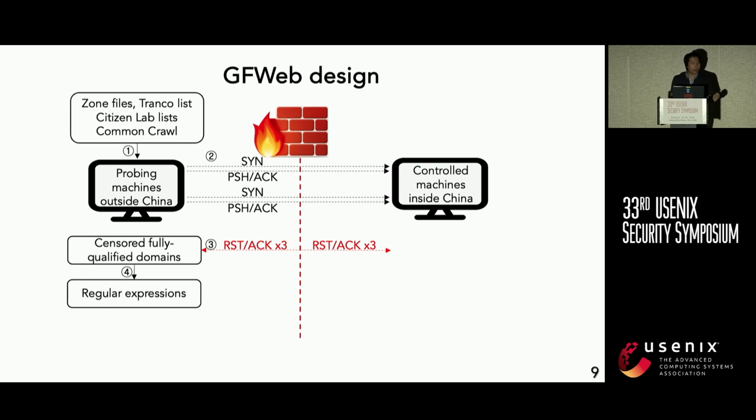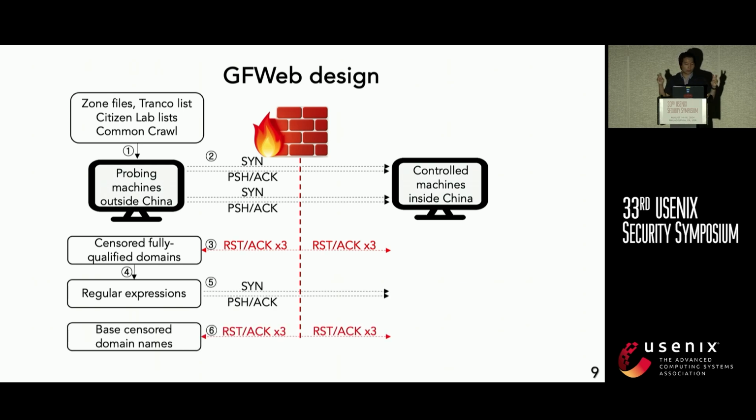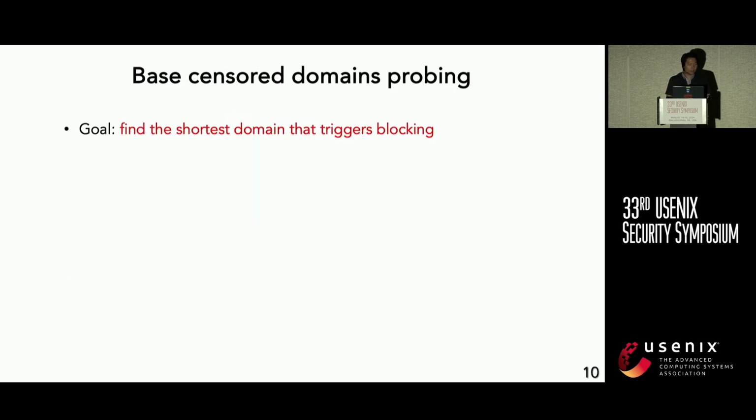Because we know that the Great Firewall uses some sort of regular expressions for blocking, right? They block facebook.com, but they also block image.facebook.com and www.facebook.com. So, to avoid overcounting, we have to figure out what regular expression they use. When we find a fully qualified domain that is censored, we chop it and make all of the possible combinations of that domain. Then we probe them again, and finally we find something we call the base censored domain, which is the shortest string. So the idea is we want to find the shortest string that can trigger the Great